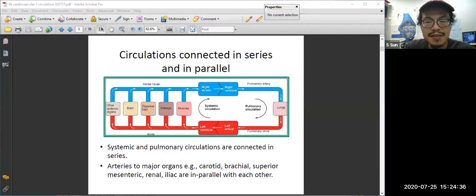And as you can see here, all the blood going from the body goes to the right atrium, right ventricle, to the lung, through this pulmonary circulation, back to the left atrium, left ventricle, to the body. When the blood goes to the body, all the different organs are connected in parallel. So the idea is very much like